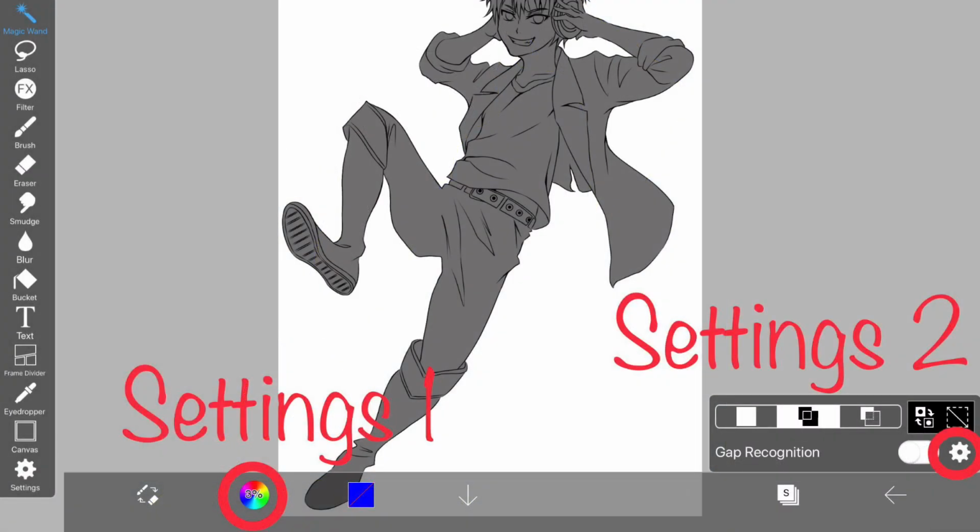The location of the setting is explained in this image. I think this setting screen is basically the same as the setting of the bucket tool. I've adjusted it somewhat at this time, but if you want to know more about this feature, please watch the video about the bucket tool from the related video in the upper right.